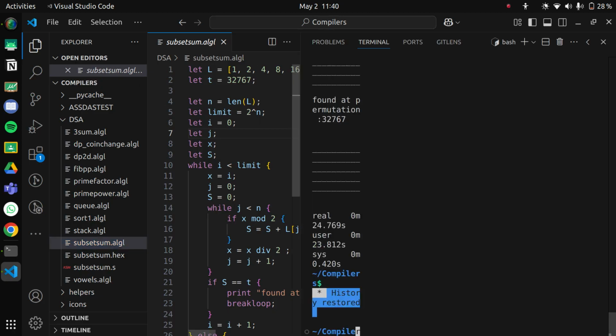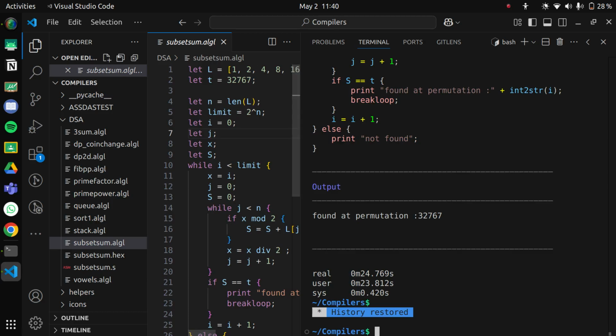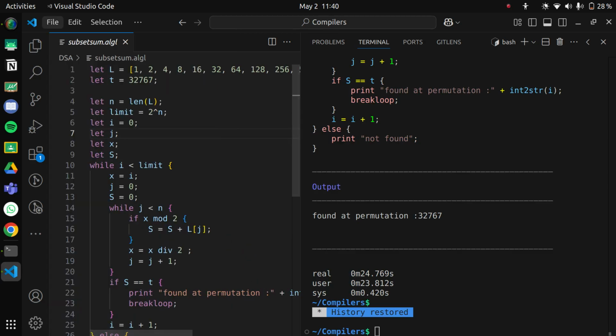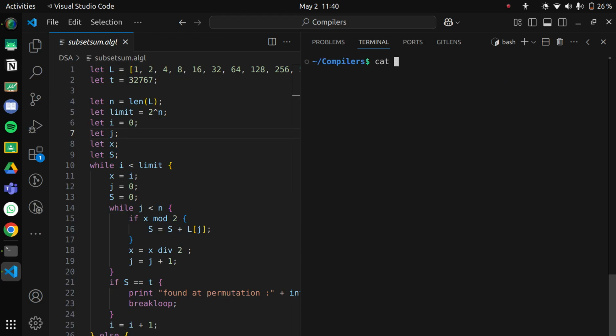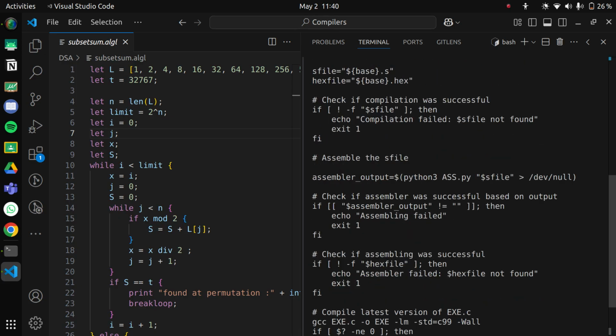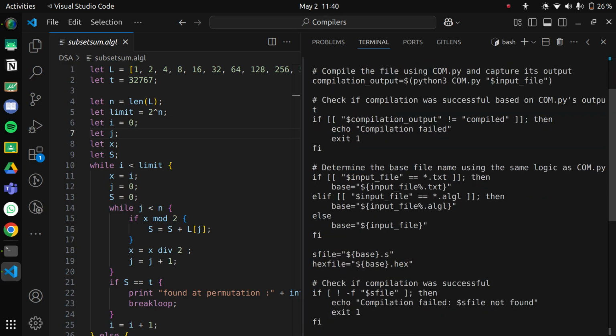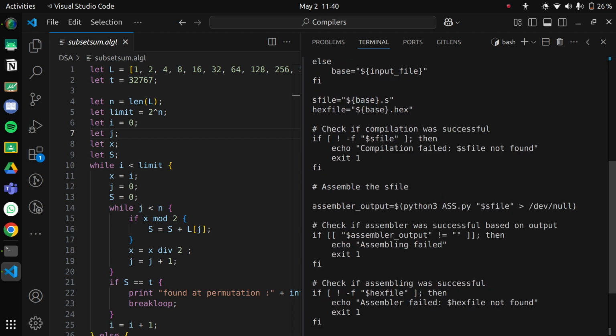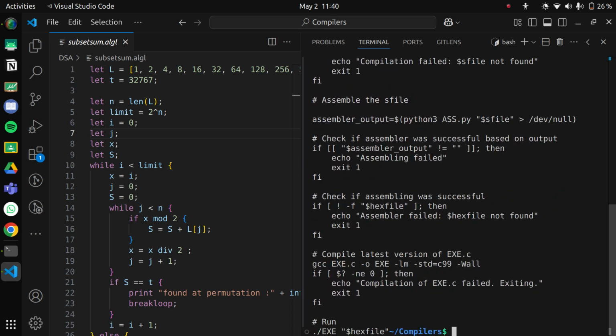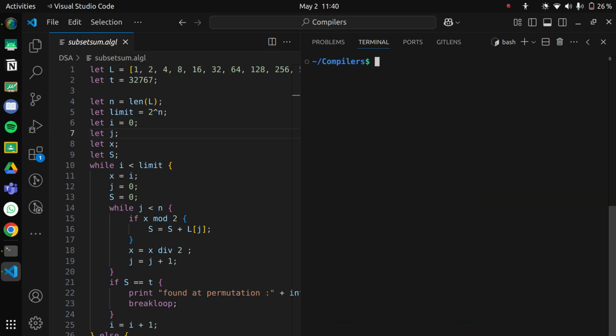Yeah, so first what you have to do is, obviously you have to do compilation and all of that for the files, but I'll skip all these steps, and I'll just say, okay, first I am going to show you all the things which this shell script will do. Yeah, so it does all of this. It first does a bunch of compilation stuff, then it assembles it, and then it executes the thing on a virtual machine. Okay, so I'll clear it again,